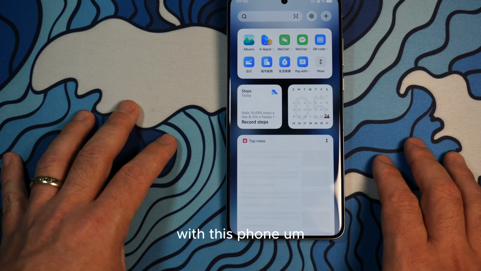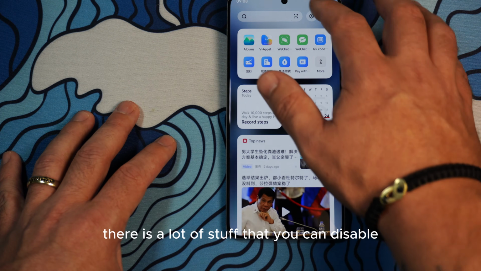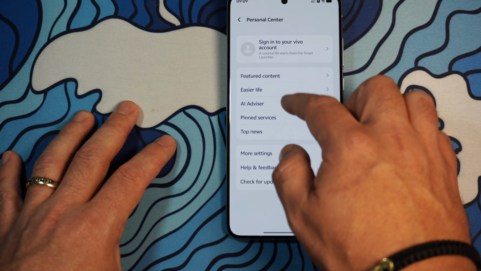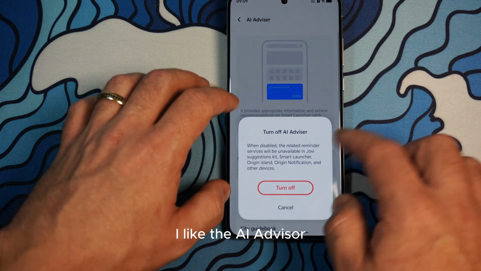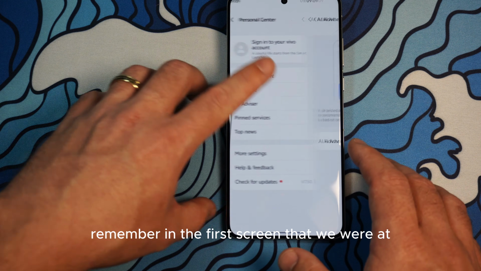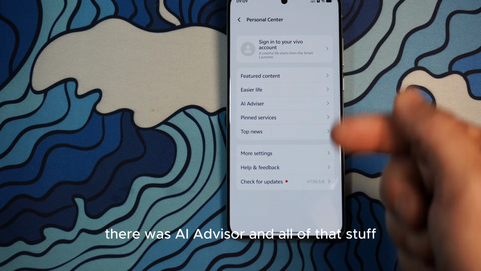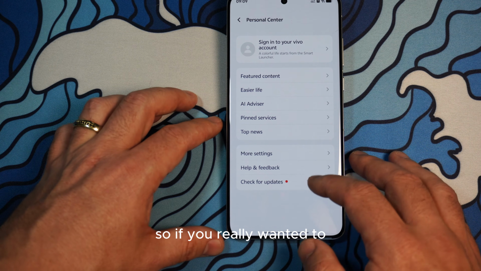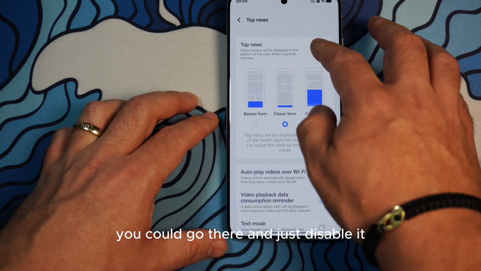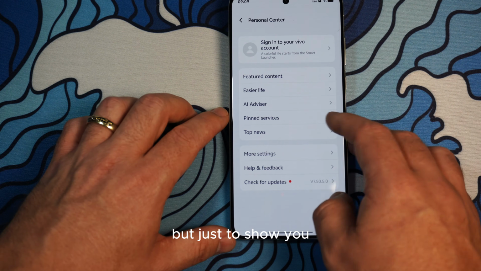So pretty much in a nutshell, there is a lot of Chinese stuff that you're going to have to deal with on this phone. There is a lot of stuff that you can disable, like the AI advisor. Remember in the first screen that we were at when we first set up the phone, there was AI advisor and all of that stuff. So if you really wanted to, you could go there and just disable it. But just to show you,